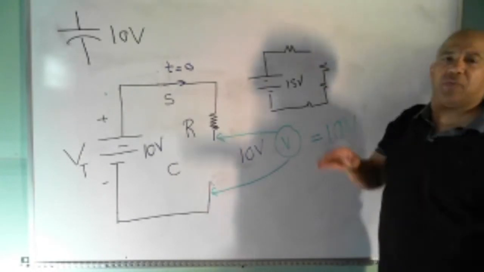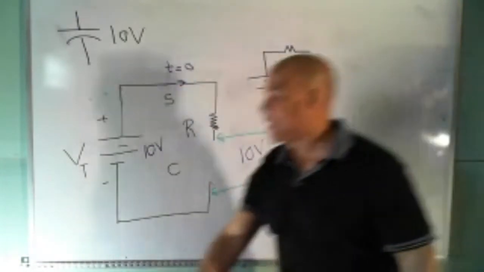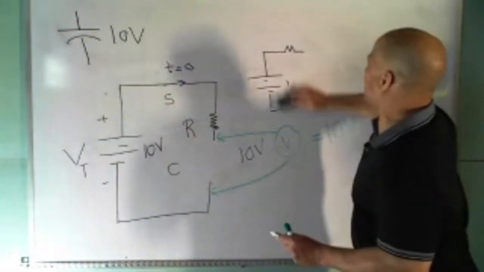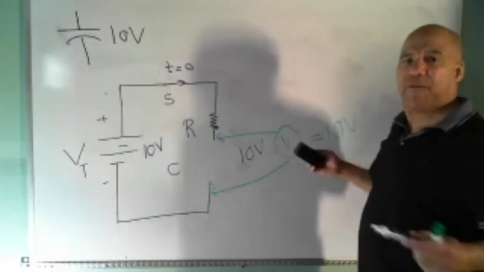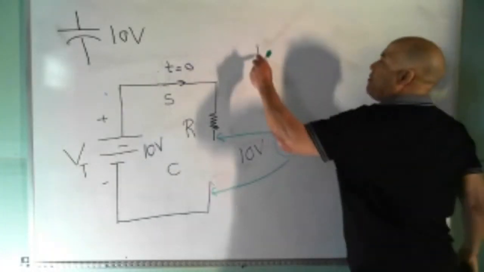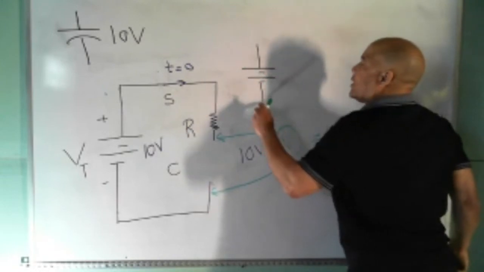And we even looked at this. Remember when you Thevenized? It was the same exact thing when we Thevenized. Exactly right. Somebody, I don't know who it was, said we read 15 volts. Why did we read 15 volts? It's simple, because we said